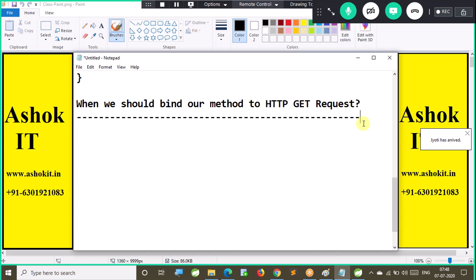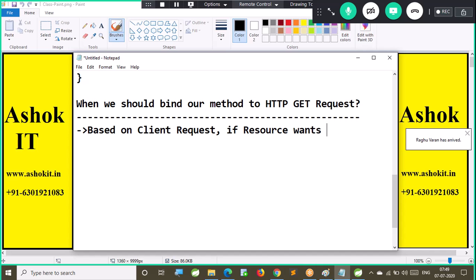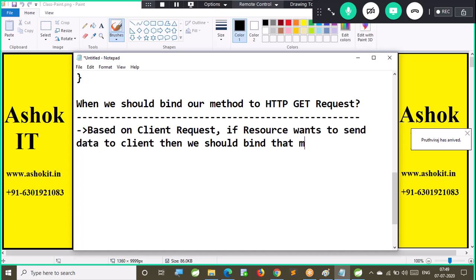We can bind our methods to any HTTP request method, but my question is, when should we bind our method to the HTTP GET request method? Based on the client request, if the resource wants to send data to the client, then we should bind that method to the GET request method.